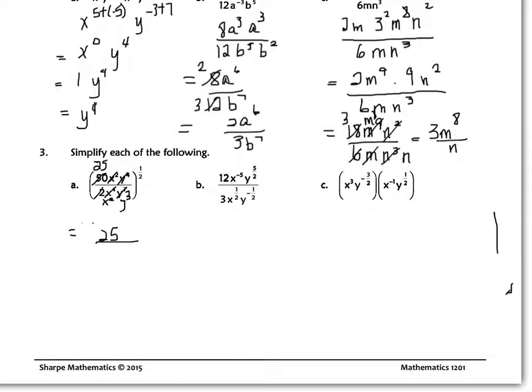Nothing else left in the top but 25, and in the bottom we had an x squared and a y cubed. And all that would be raised to the power of a half, which means basically the square root of, so 25 to the half, and then x squared y cubed